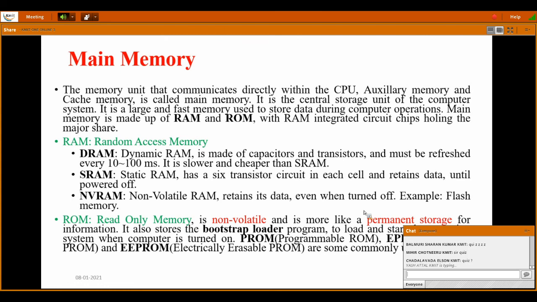What is the SRAM here? It is a collection of flip-flops which can store the binary information. Here, a flip-flop stores one bit of information. The main advantage of SRAM is that it is extremely fast. The disadvantage is that it is very expensive. Everyone, observe what is the disadvantage: it is very expensive. Because of this, we use SRAM for cache memory. Here cache memory is designed with the help of SRAM.